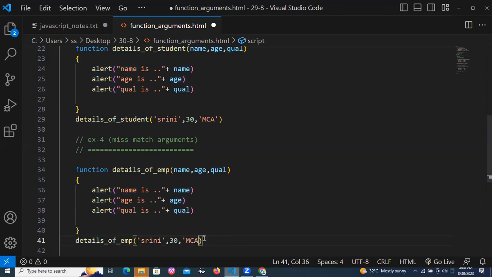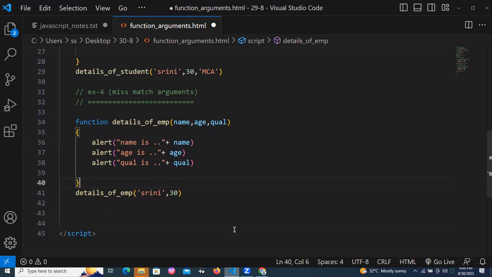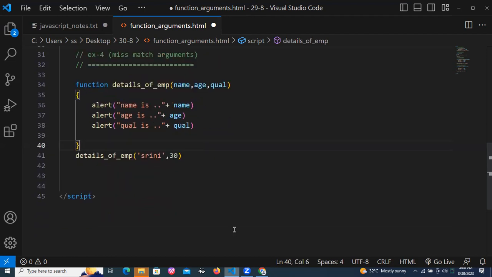Actually, I am passing only two values. I am not passing the third value. This is the kind of interview question. How many parameters do we have? Three. When we declare a function, we are giving three parameter names. But parameter values I passed only two. Name I passed, age I passed, but qualification I am not passing. Then what about this